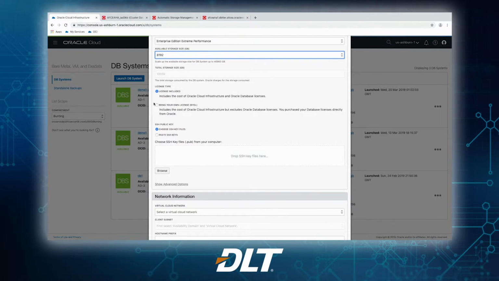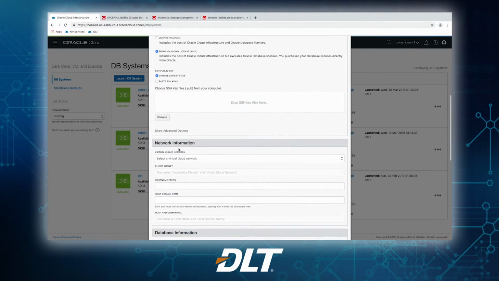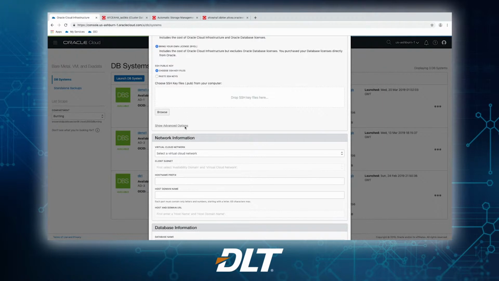Rather than using license included, where you would get the license as part of the cloud service, when you have existing agreements, you can bring your own license. And so your cost for the cloud service will be much lower because you're applying your existing on-prem licenses to that. You provide your private keys so you can log in, and a virtual cloud network, a subnet.